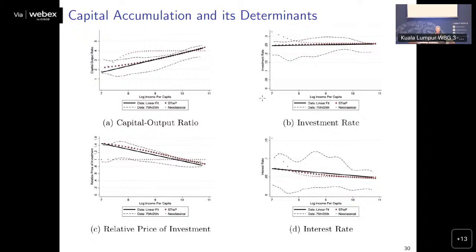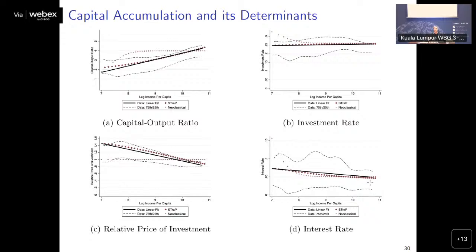Whereas the stuff that we usually do, the transitional dynamics, are very short-lived, and they go way out of what we observe, at least in the middle 50% of the sample, in terms of the investment rates, in terms of the interest rates, et cetera. But these all sort of line up very well. So the capital dynamics is lining up pretty well. The growth, which includes both the capital dynamics and Baumol's disease, is lining up pretty well. Both of those are coming out of the predictions that come from structural transformation.